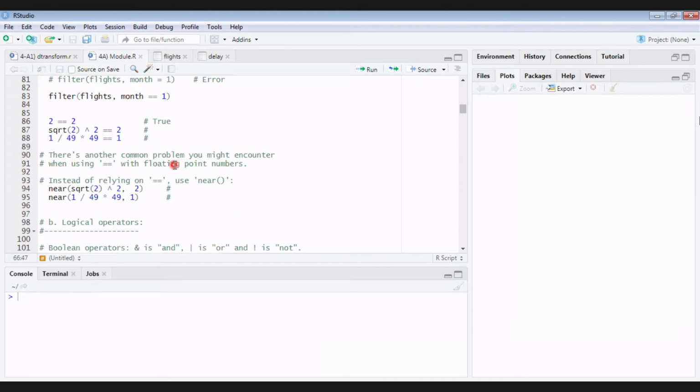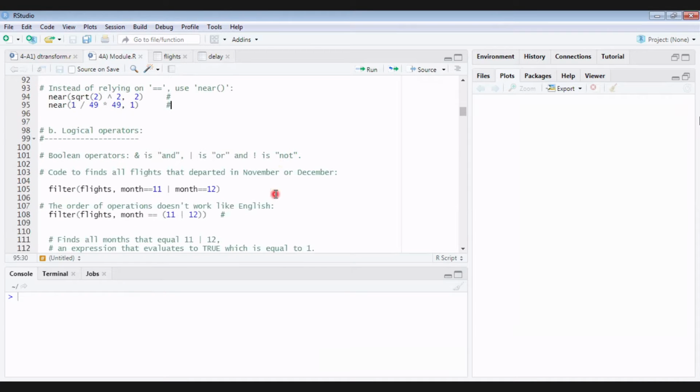And if you are dealing with floating values, it's better to go with the near function instead of double equal to. Double equal to may not produce the result we expect, so near will be best. Next, we have seen logical operators. We can use all the different logical operators to get our required result.